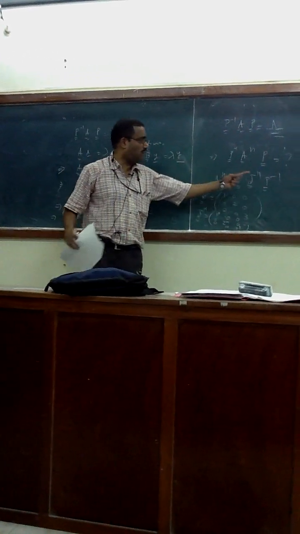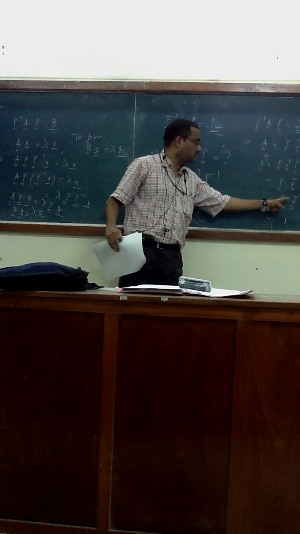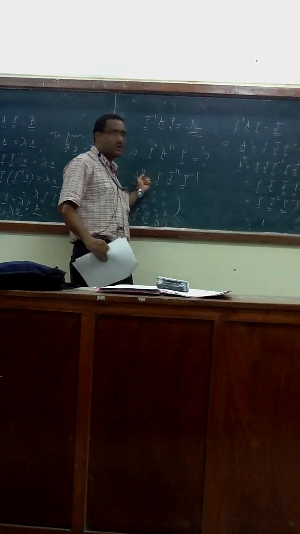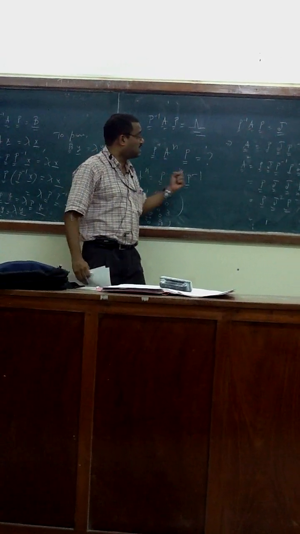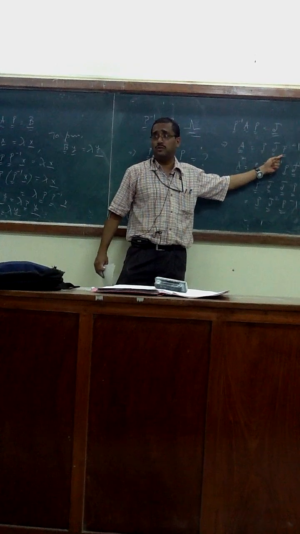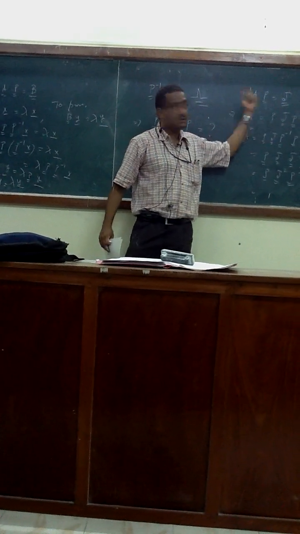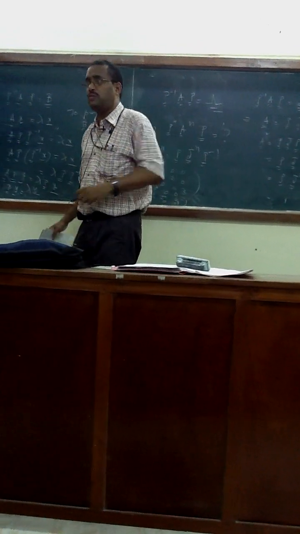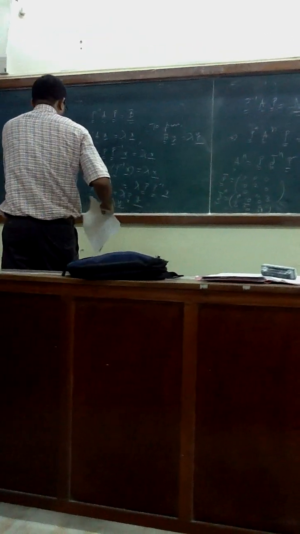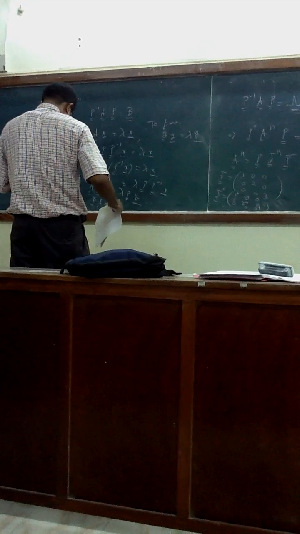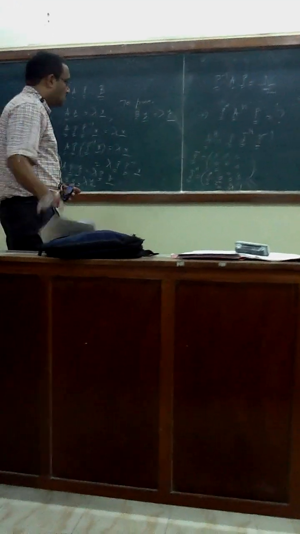So if the eigenvectors are known, then if you do this, you get A square. So now you can see that this P matrix is so powerful. Using this P matrix and J matrix, you can get A square, A to the power 4 so easily. Those things you can do so easily. Okay.